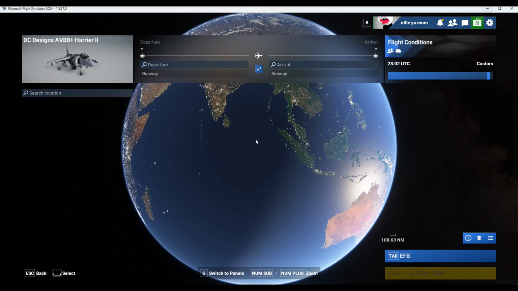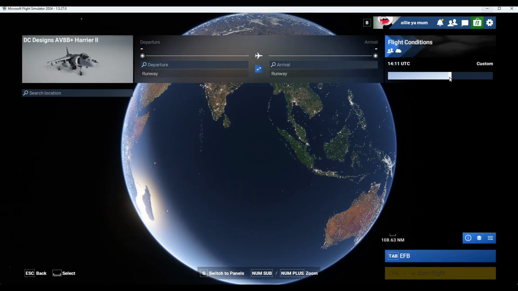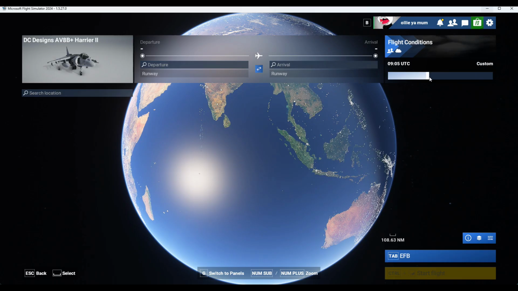Today I'm going to show you how to fly the Harrier, and currently the time is 11:02 at night in the UK. So the first thing I'm going to do is change this to daytime. I'm going to move it to 0900-ish,